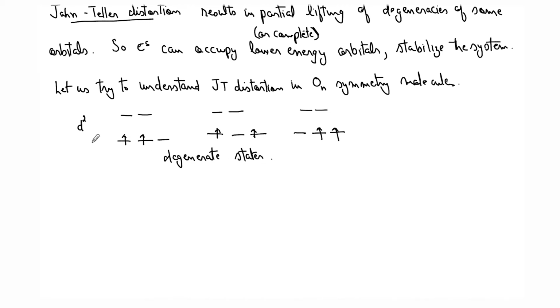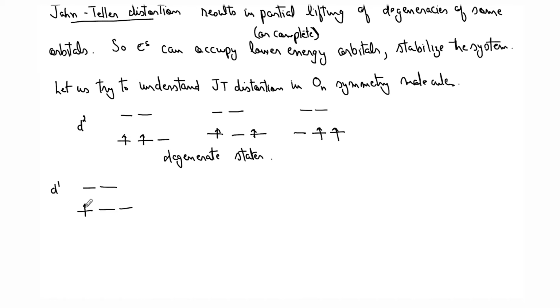So because there is degeneracy in the D2 electronic state, the D2 state can undergo Jahn-Teller distortion. Let us see now, let us list all possible states which can undergo Jahn-Teller distortion. For that, let us first list down different states to see whether a particular state will have degeneracy or not. So let's say D1.